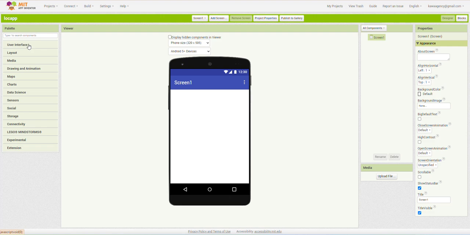So over here we shall start with the user interface here found in the palette section. Then here we have the viewer section, where our components we get from the palette section shall be displayed on our phone. We have something here that looks like a phone. Basically here we assemble our components so that they can reflect on a real phone. Then here we have all components, where all the names of the components appear. Then here in the properties section we basically have settings